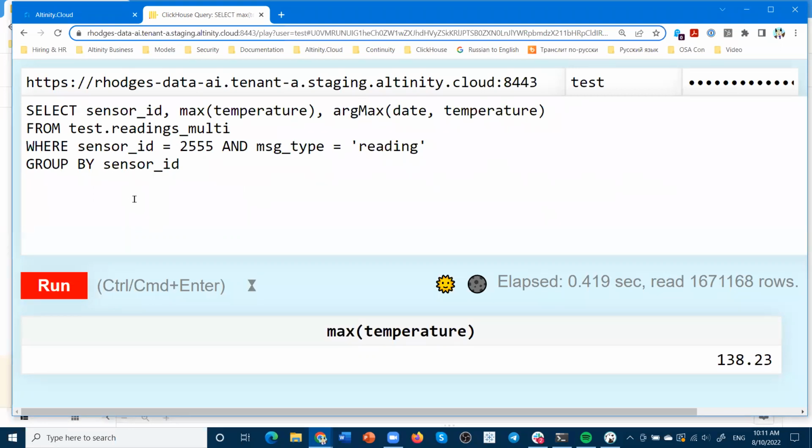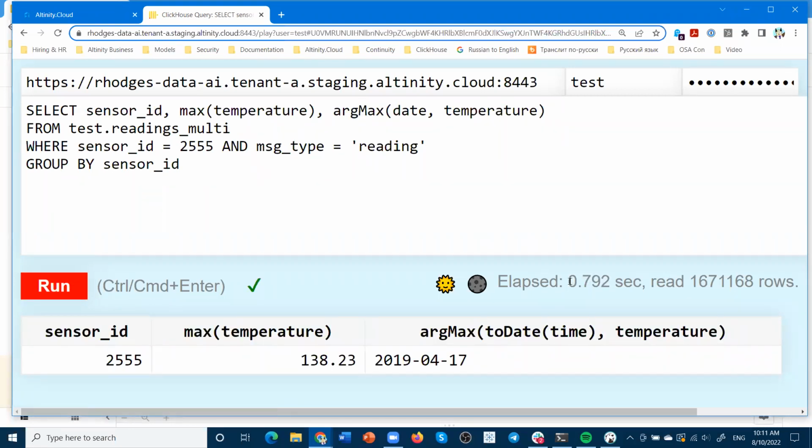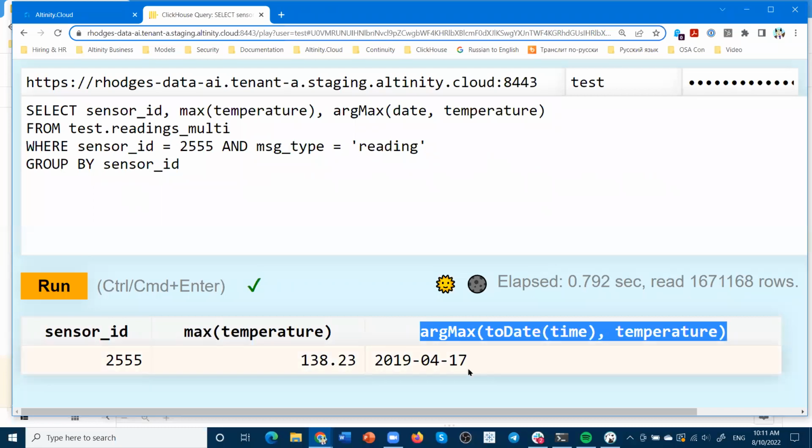Let's run that. In this case, it's about 0.8 of a second. It's slower because we're scanning the same data and pulling along a little more information, so we can find out what the actual date was. That makes the query a bit slower.